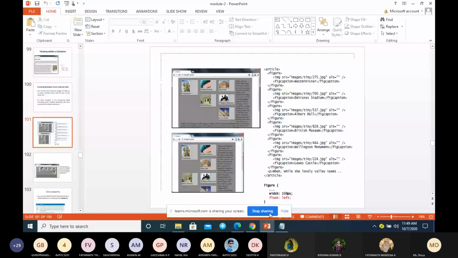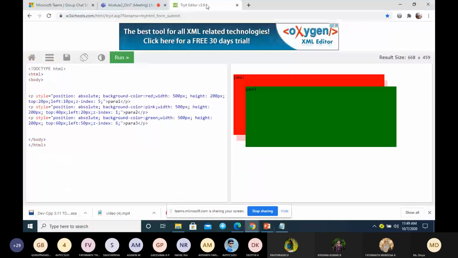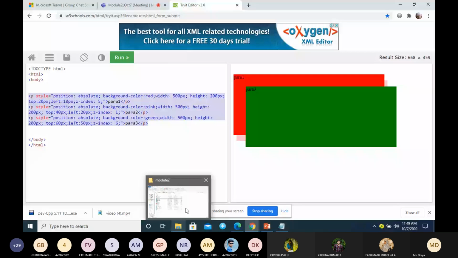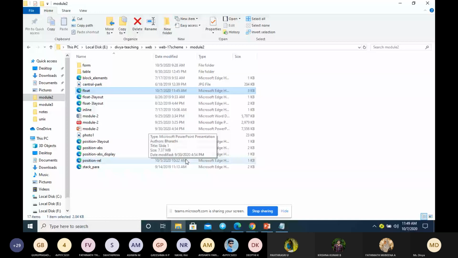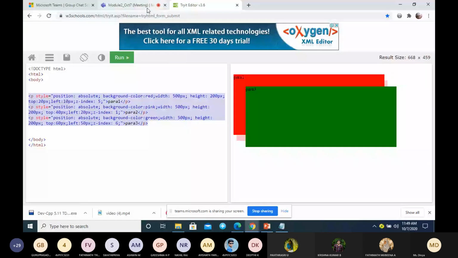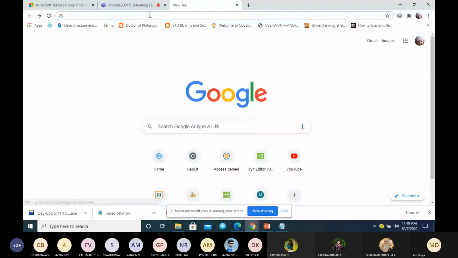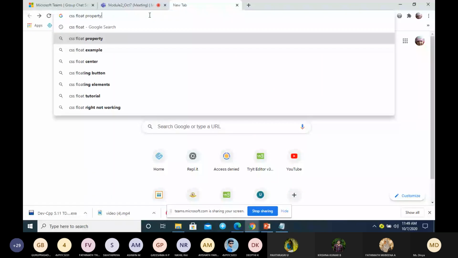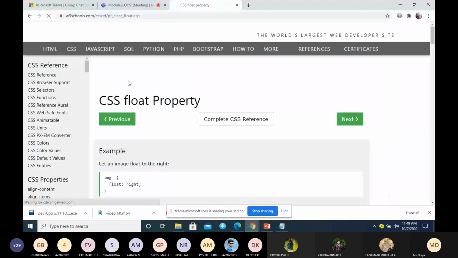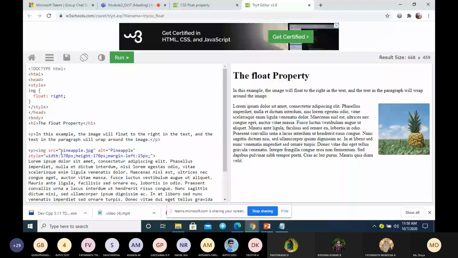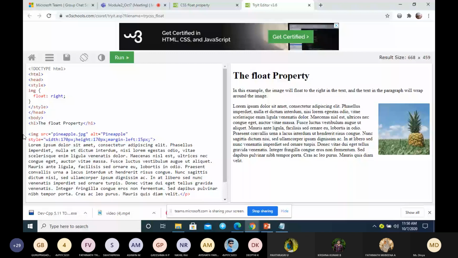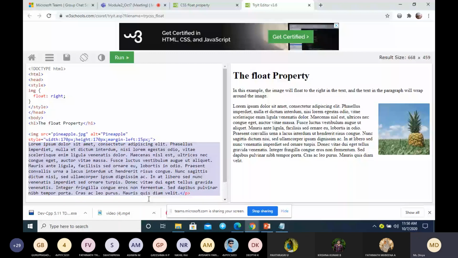So let me I'll paste this image 6 times.